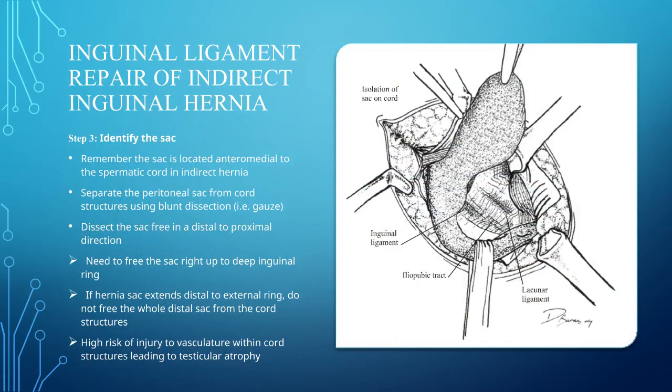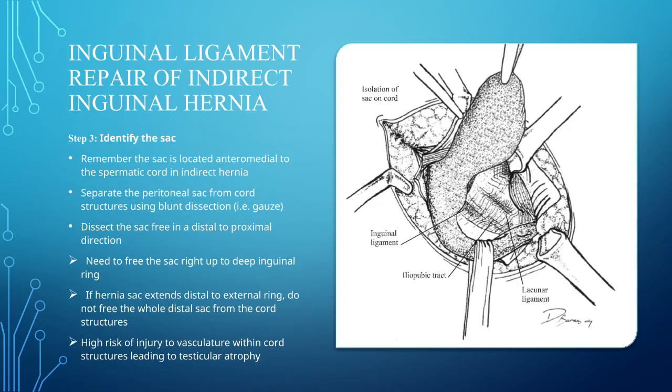Step 3. To identify the sac, you search the cord. If one is identified, the hernia is indirect. Remember, in an indirect hernia, the sac is located anteromedially to the spermatic cord. Separate the peritoneal sac from the cord structures using blunt dissection, such as with a gauze-covered finger or a peanut